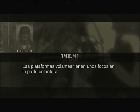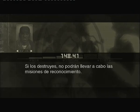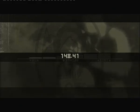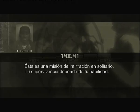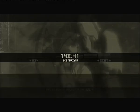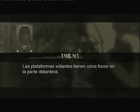The flying platforms have a searchlight attached to the front. If you knock it out, that should handicap its scouting ability. And in some cases, it might even have to go back to base for repairs. You're on a solo sneaking mission. Your success is... The flying platforms...